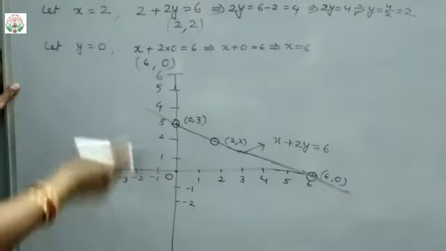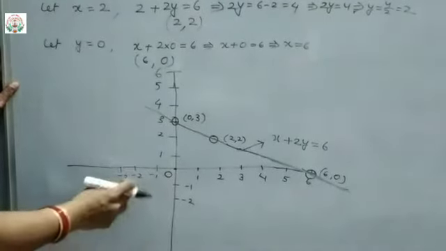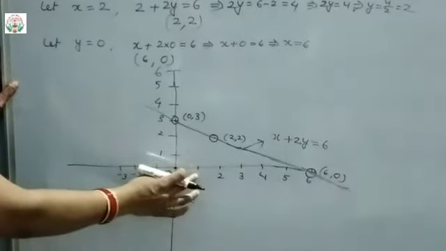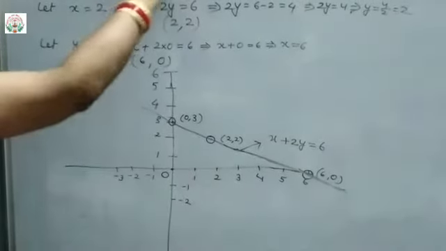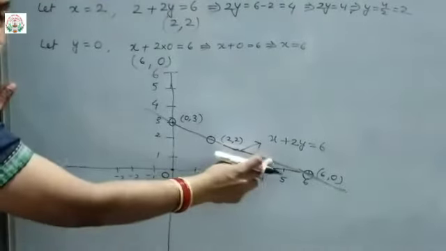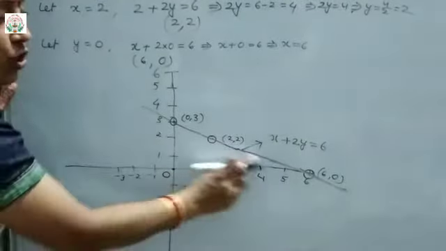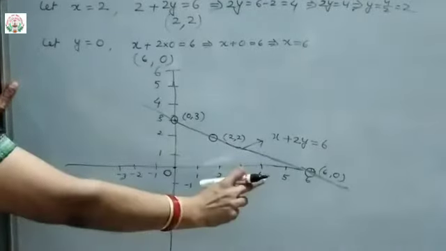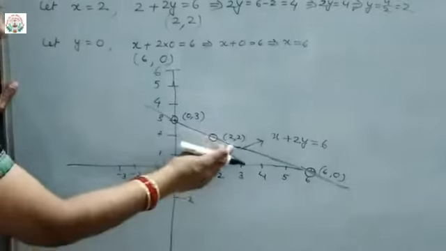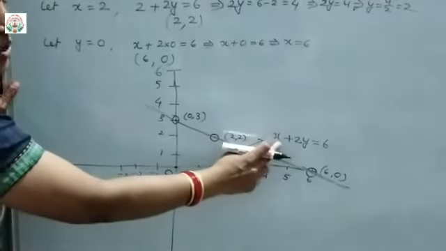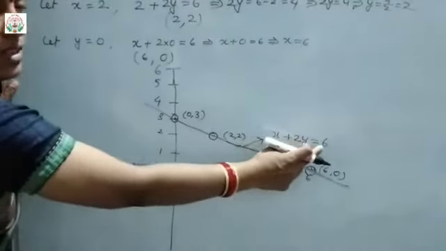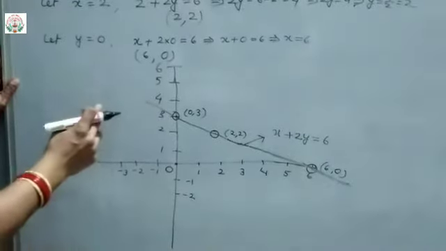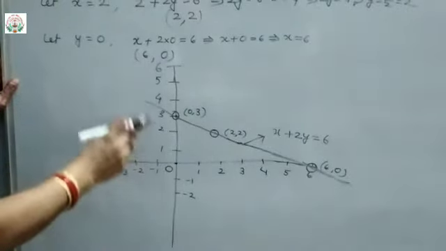But here in the points you can see there are no negative values, so take only 1 or 2 points on the negative side and leave it. Now only positive sides you will see, and according to these points only draw points on the graph and then join those points. When you join, you will see a linear graph, you will be getting a straight line. So that line equation will be what? Linear equation, that is x plus 2y equals to 6. Likewise, you have to draw a graph for a linear equation.